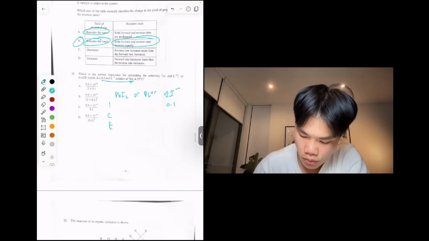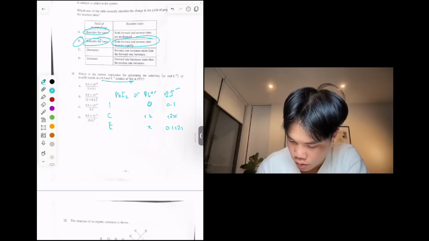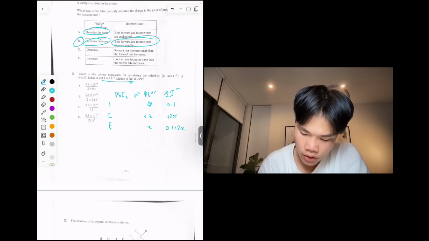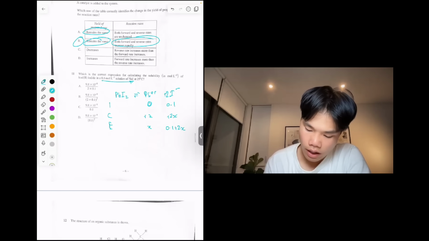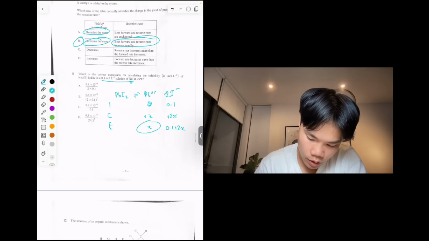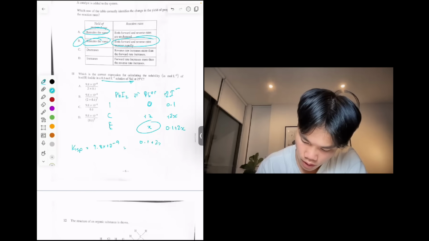Your starting concentration of lead is 0, since there's no common ion of that, and the change is going to be +x and +2x, and therefore x and 0.1 plus 2x. When you go to solve this question, they're asking you to find the solubility of lead iodide, which is x, the concentration of lead that dissolves, since it's a 1-to-1 ratio. So the Ksp of lead iodide is 9.8 times 10 to the negative 9 from your data sheet, which is equal to (0.1 plus 2x)